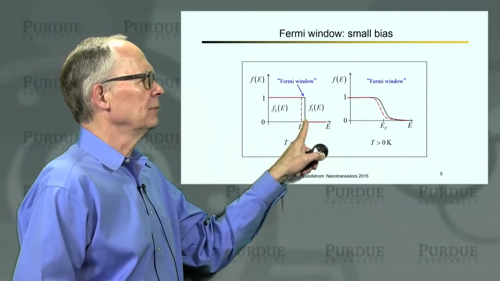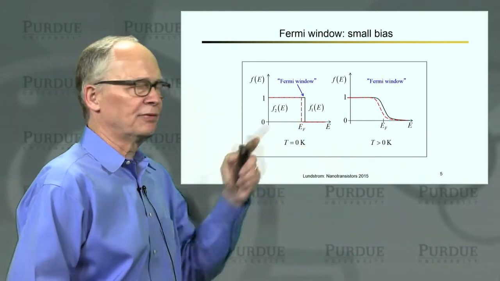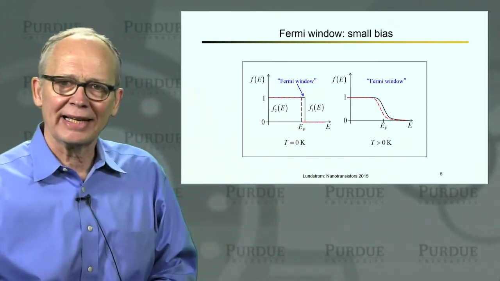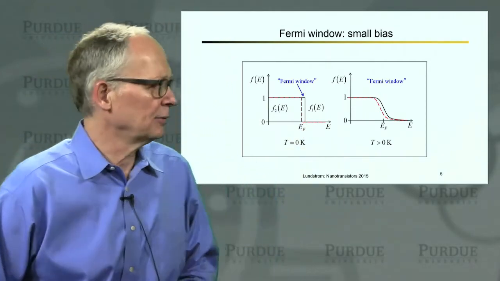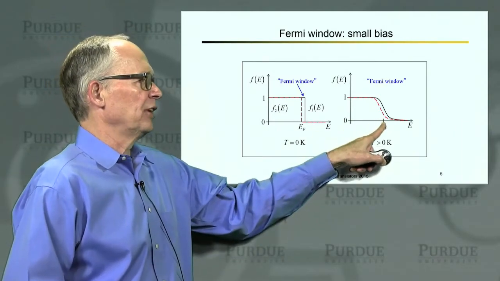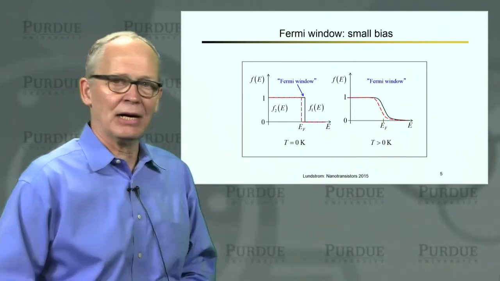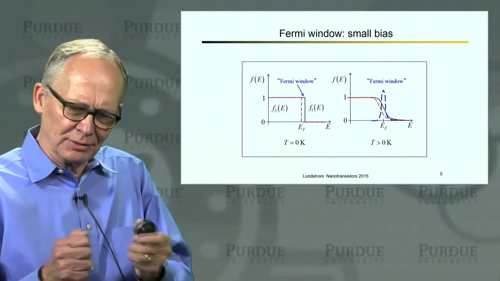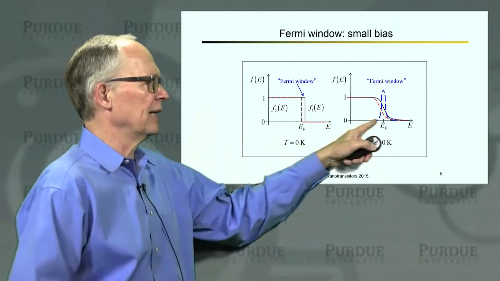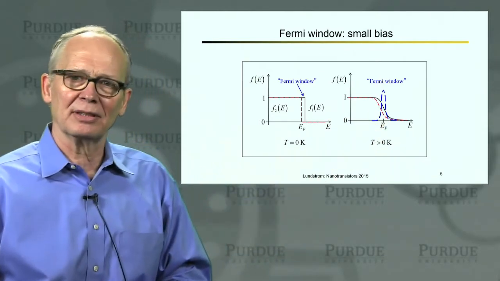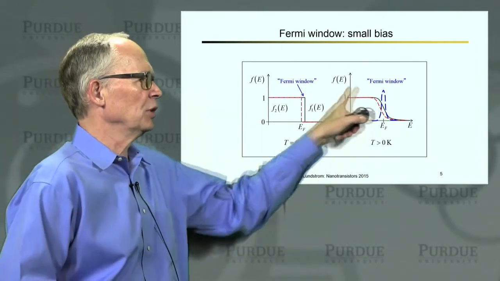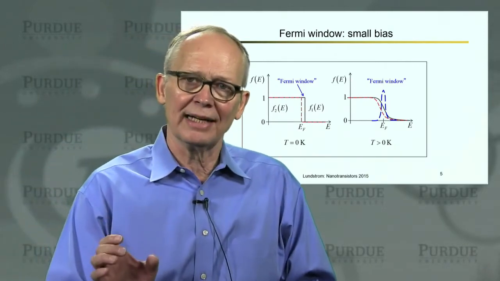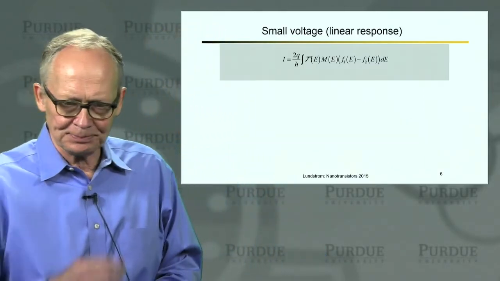If there's a small bias on contact 2, I just pull the Fermi energy in contact 2 down a little bit, and the Fermi window begins to look like a delta function at the Fermi level. If I do the same at room temperature, I'll just pull the Fermi level down a little bit. There'll just be a small energy range now, and it'll depend on the temperature or the width of that energy range. That also begins to look a little bit like a delta function, and we'll call that the Fermi window as well. So this range over which F1 does not equal F2 is called the Fermi window.